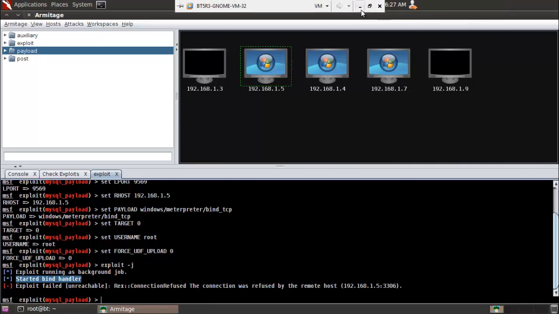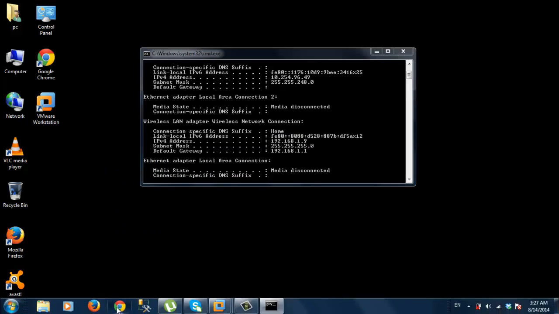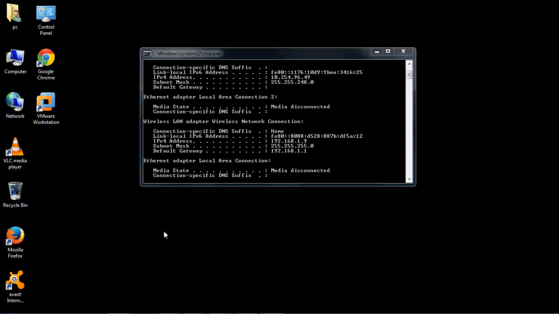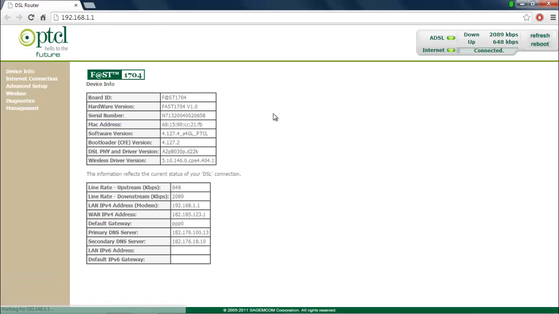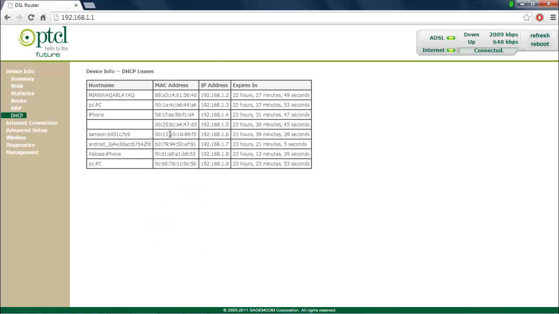So for that purpose, I'm just going to get back, and then open Google Chrome and type 192.168.1.1. Admin will be the username and password, and then I'm going to use my own password and click on the login button. Now I'm going to get into the device info and click on the DHCP option, and as you can see, these are the different names and different things that have been allotted. So I'm just going to use the